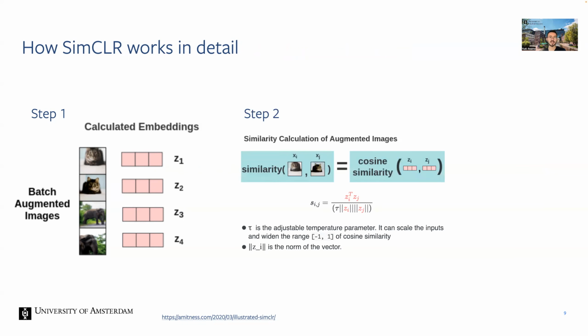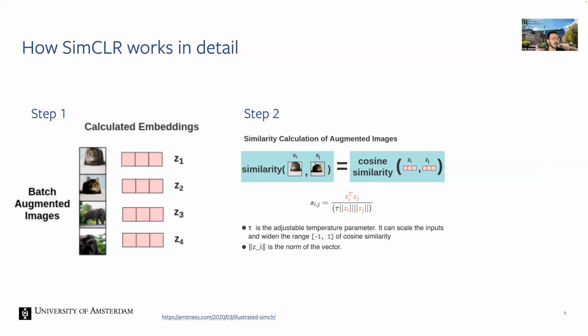Step 2 is that you now compute the similarities of all the items in the batch, and you can simply compute this, for example, by normalizing these vectors and then computing the dot product. And this is the same as the cosine similarity. I mean, you could be using the L2 distance, but this is much cleaner. And if you have normalized vectors, the cosine similarity is simply the angle in between these vectors that lie on the unit sphere.